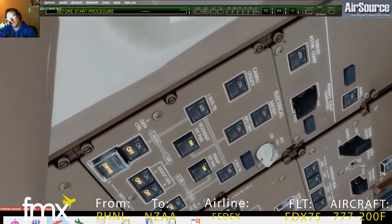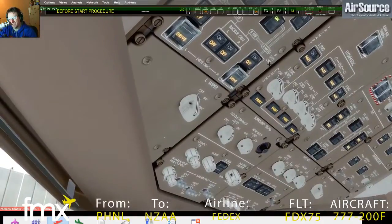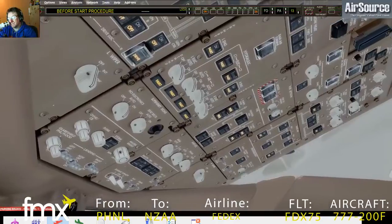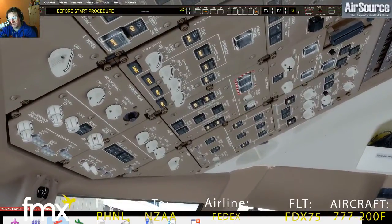We've got going up here. That's all. I mean, this is all FS2CREW set it all up, so I don't have to touch a single thing. If I touched it, I'd probably only break it anyway. So